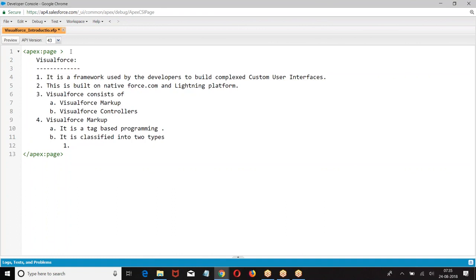One is all scripting languages, all the scripting languages which are built like HTML.